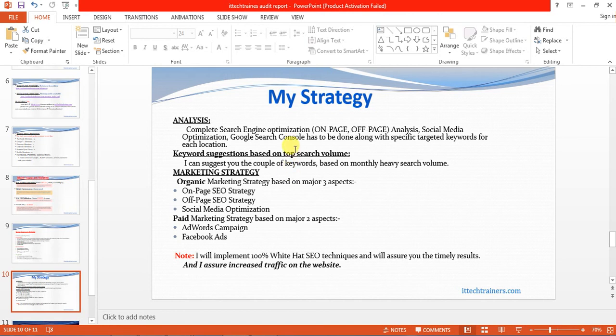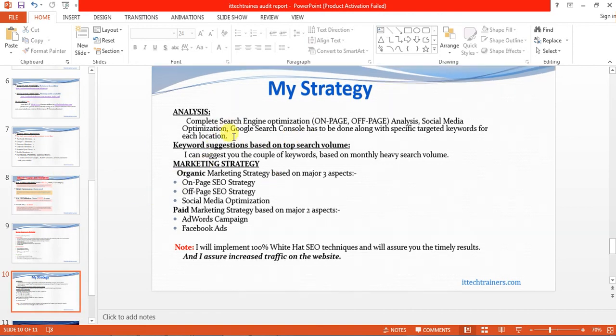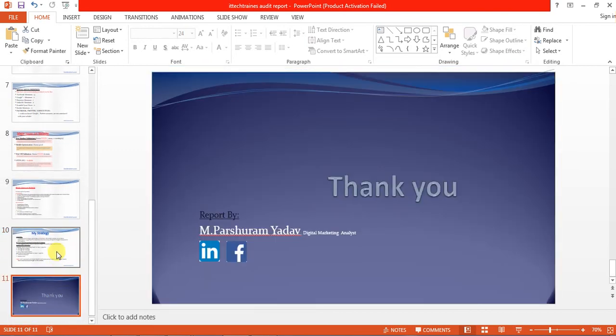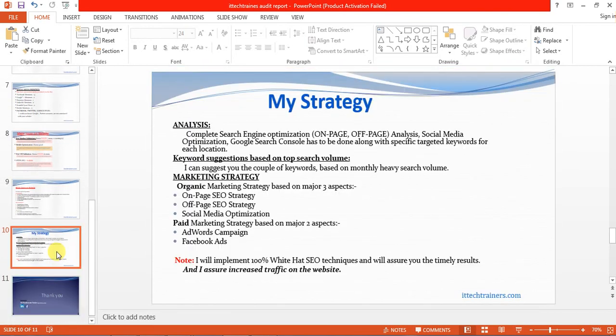You can give your strategy, how you can increase their ranking and how you can bring their website to the top position. Okay, you need to give your strategies, and you thank them for the details.